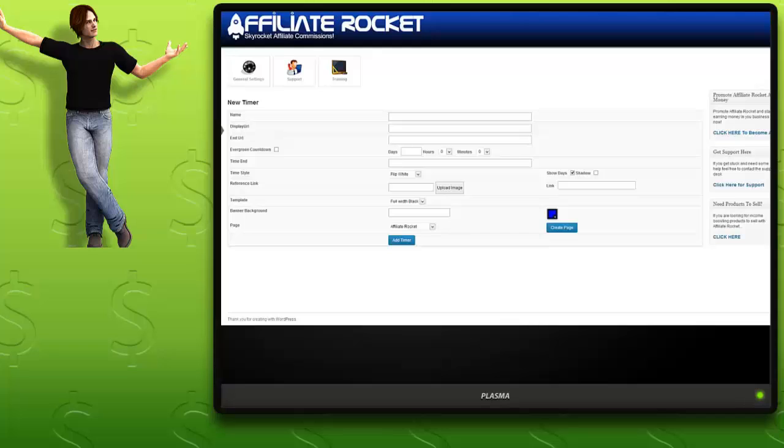In this video, I'm going to show you how Affiliate Rocket works and what the back end looks like. So you have your tabs up here, and those are pretty self-explanatory. But we're going to get right into creating a new timer. Now what we're going to do is create a countdown timer that's going to overlay on another